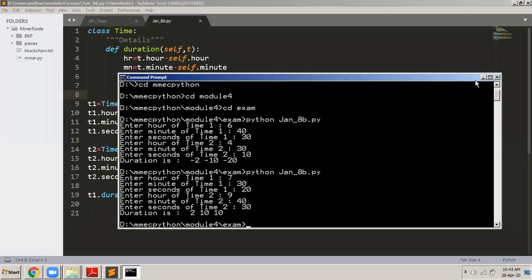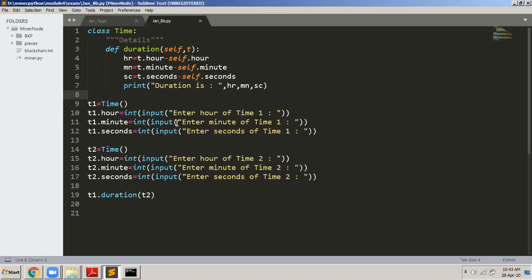So that's correct. Okay, for some inputs, it will give you the correct output, but for some inputs it will not give you the correct output because you have to take care of the minus signs and all that. But more or less, I told you that if programs are asked in the examination, please attempt the programs. There are marks for the steps. If you write the steps properly, if you define the class, if you define the function, if you define 2 objects, you will get more than half marks here only.